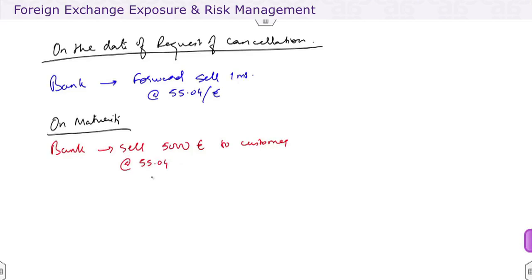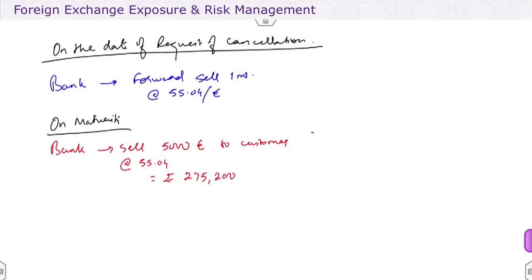So this comes to rupees how much? 5,000 into 55.04, it comes to 2,75,200. Okay, that was one transaction, and this was under the new contract, the contract that we talked about on the date of cancellation that the bank has entered into, and then subsequently